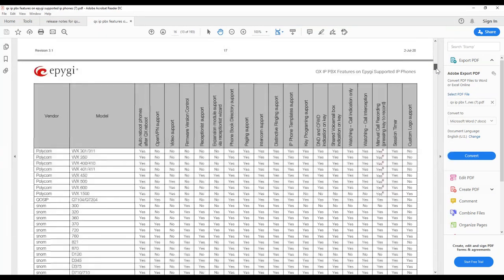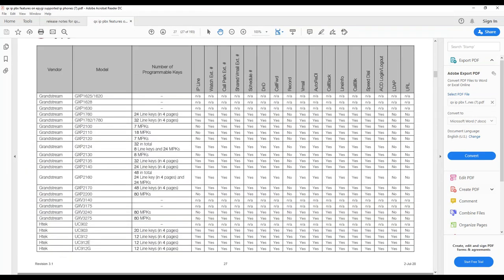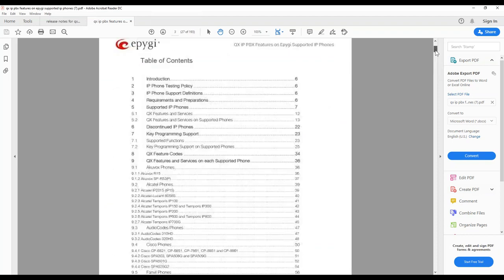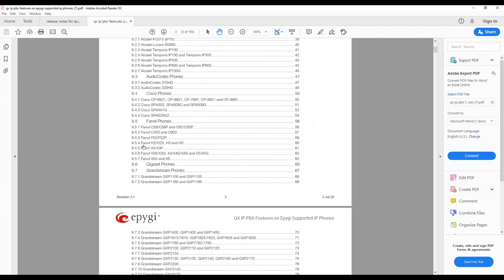Okay, then there's a similar section, another section down below. It gives some more specifics about each phone, like the number of keys that it supports, whether watched extensions work, do not disturb, call recording, whether you can put a key on your phone for that. So it gives a list of all those. And then if you look at the specifics for each different phone,